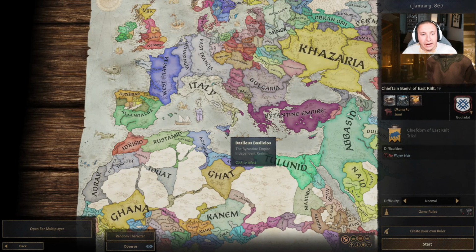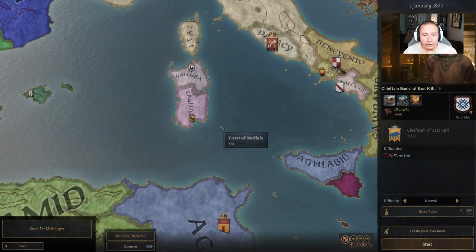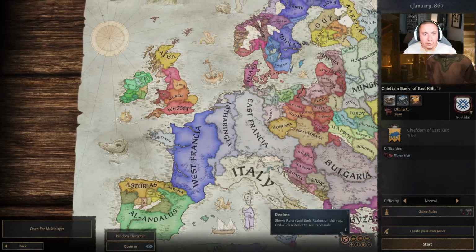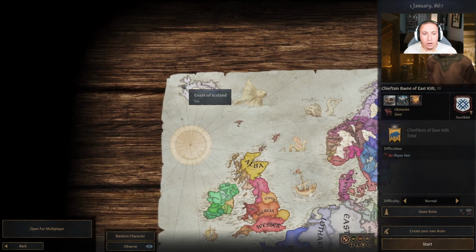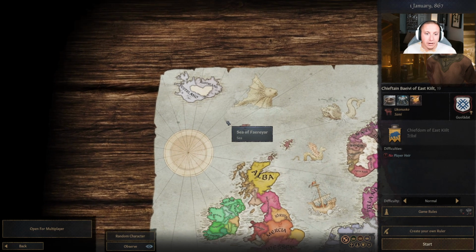One little asterisk that I want to put in there is you might think, okay, well then why don't I start as an island nation, like in Sicily, Sardinia, or Majorca, or something of that nature, and those are potentially viable, or Iceland. The problem with those is that you're going to have to use a lot of gold to transport your units across the sea if you want to conquer somebody. So